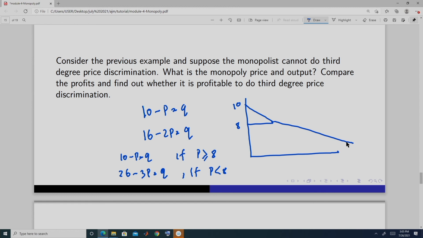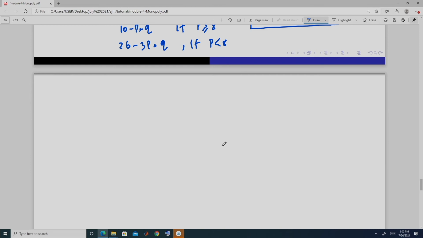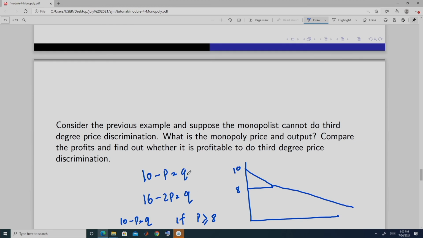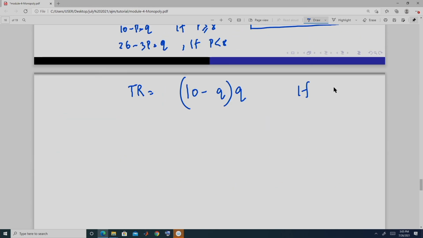This is the market demand curve. So, from here what do we get? We get the total revenue curve is, if you plug in this equal to 8 here, if q is less than or equal to 2, and the total revenue is